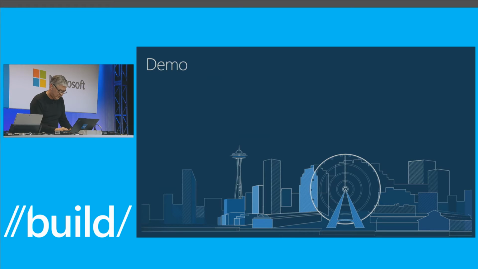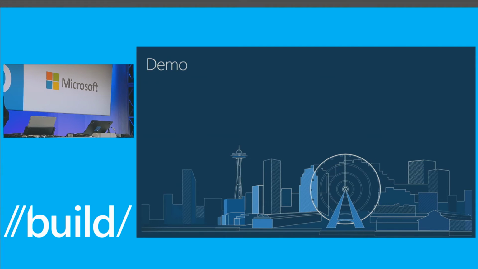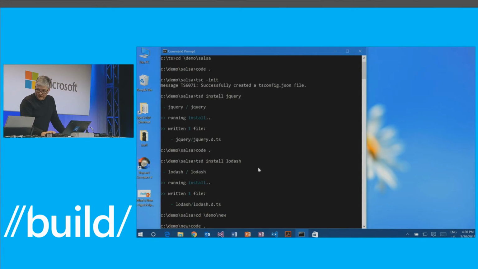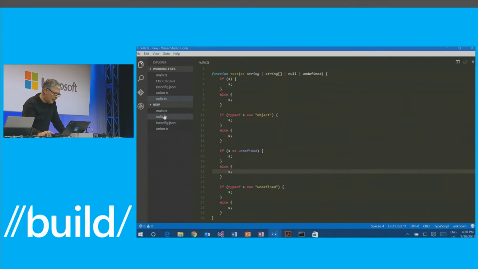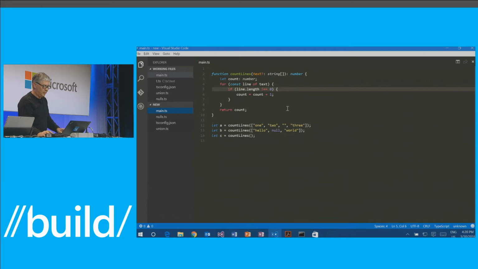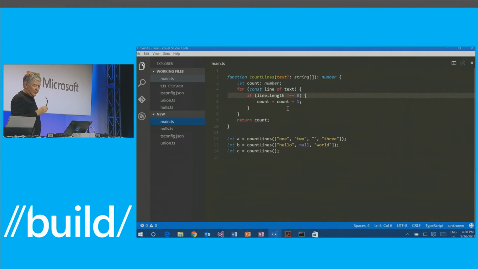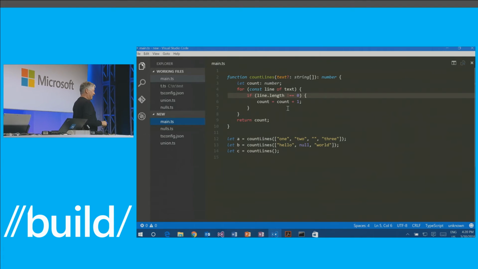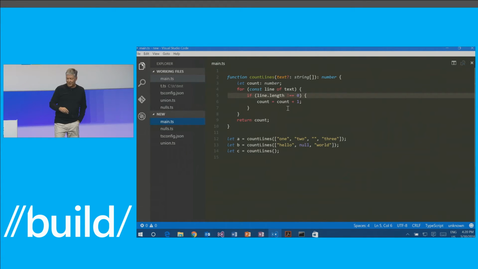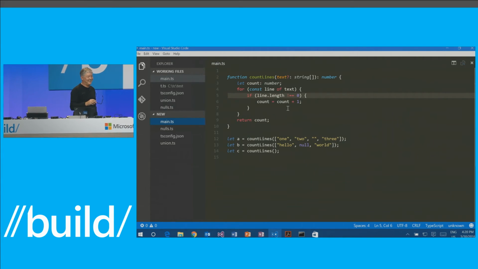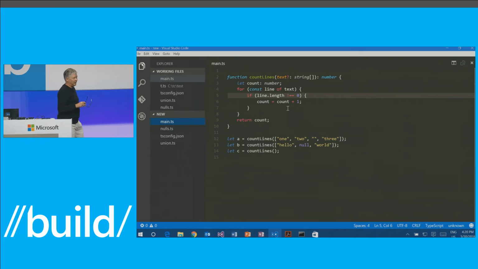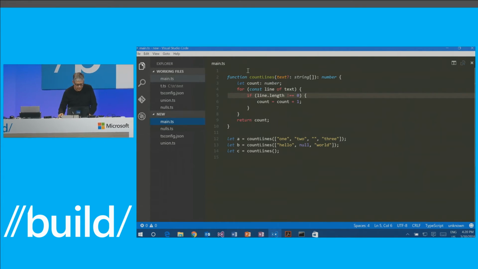Let me go to Demo New. Oh, sorry. Yes, I keep forgetting. There we go. OK. I'm going to go into a different directory and fire up a blank little project I have here. And I'm going to go to main.ts. Here's a piece of code written in TypeScript today. It appears to have no errors, but sadly it does. I'm ashamed. Mea culpa. There are things in here that we should have found that we don't find. I don't know if some of you can see what the problems are, but why don't we have the compiler point them out to us instead?